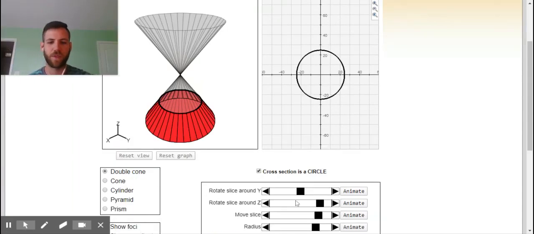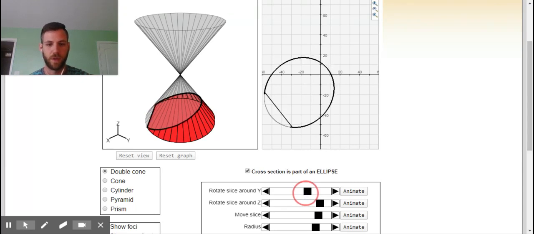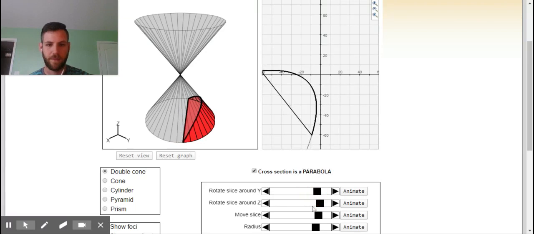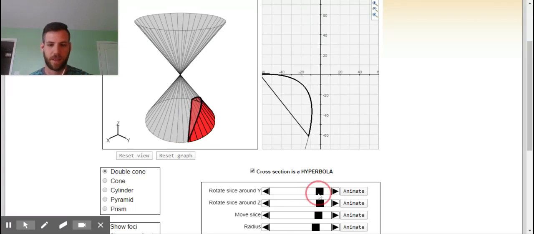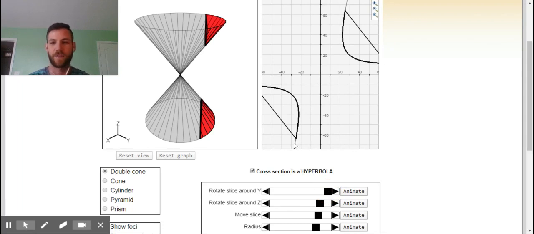We can now see some of those different cross sections that happen in addition to just the circle horizontally through this cone. If I move it around a little bit, I can turn it into an ellipse or an oval. Then if I keep going, I can make it into a parabola, something we know from math class. And then you make it into a hyperbola, that sort of double parabola that you see on the graph. And that is a quick-ish intro to conic sections,